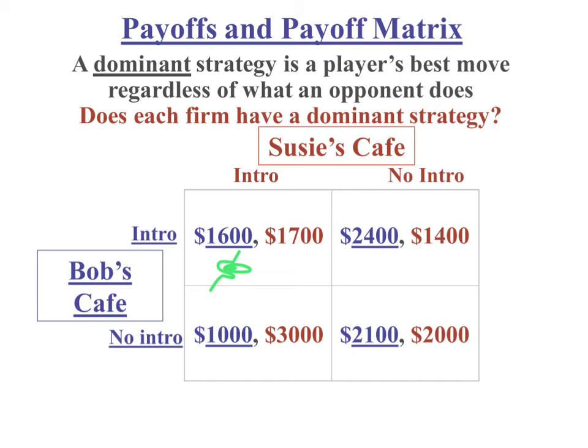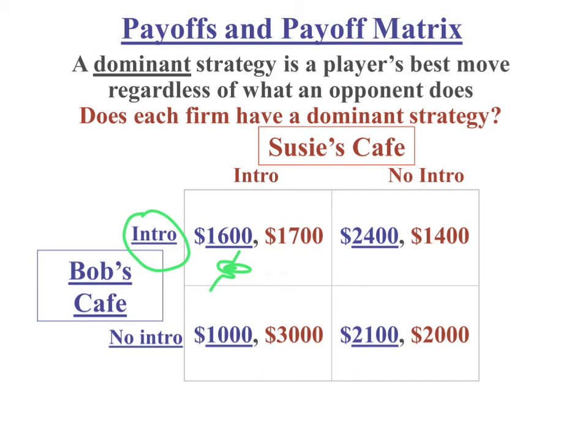We're going to suggest that Bob has a dominant strategy, okay? We know it doesn't matter what Susie does. Bob should actually play his dominant strategy. He should introduce the breakfast sandwich, okay? Now we can look at things from Susie's perspective, okay? I'm just going to take that away a little bit. If we look at things from Susie's perspective, and remember, Bob had a dominant strategy. That dominant strategy was to intro, okay, so we can circle intro for Bob.